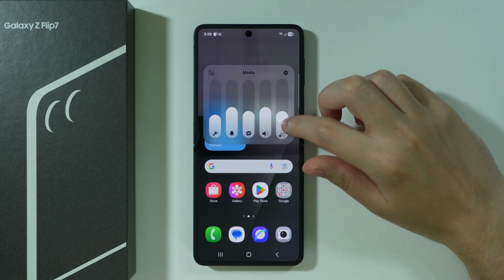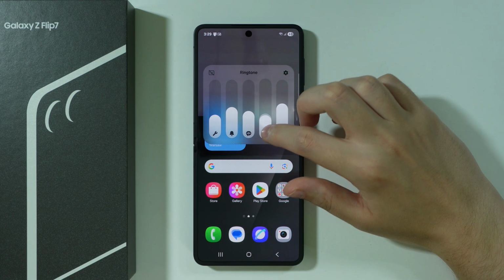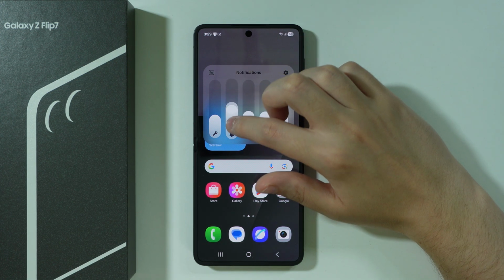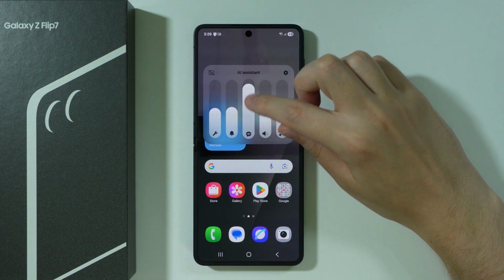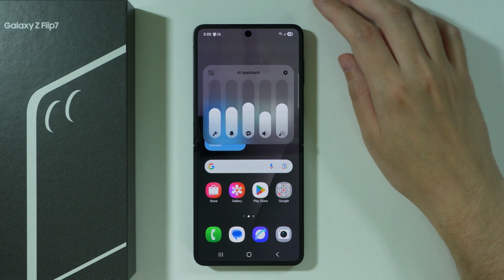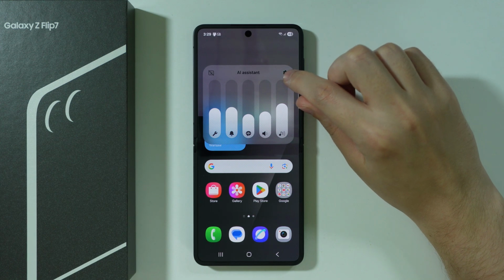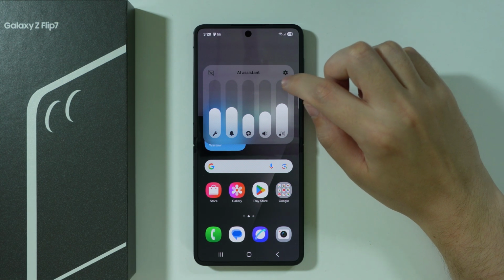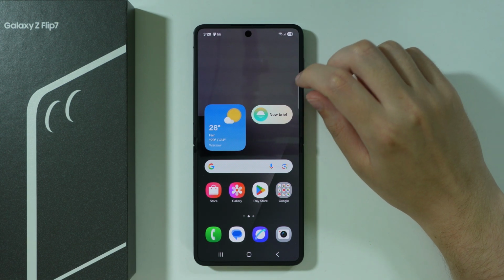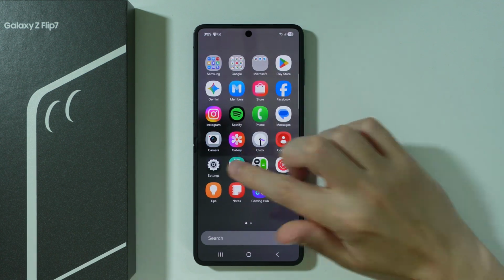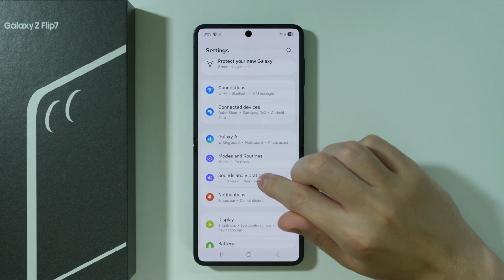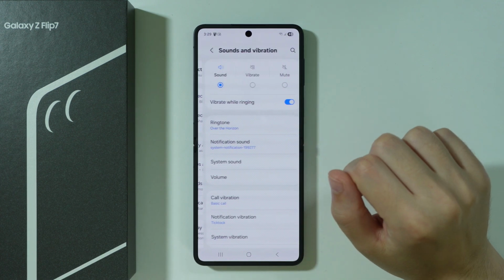And over here, we can adjust the media volume, the ringtone volume, notification volume, system volume, and the AI assistant volume. Besides that, you can jump to settings by tapping on this settings icon over here in the top right corner of this panel, but also you can just open settings, proceed to sounds and vibration, and then over here